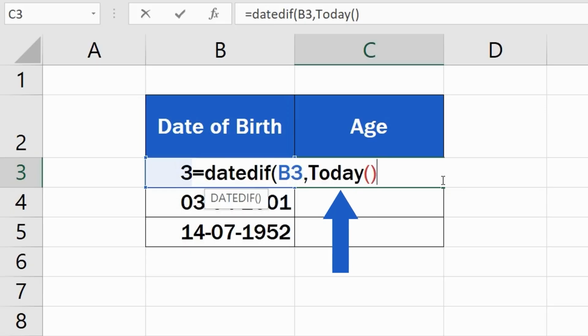This command will ensure that Excel will always use the current date for its calculations, making the result always up to date. If you need to use any other date than the current one, you can use a separate cell to store this information and refer to this cell in the formula, just like we did with date of birth. Since we want to use the current date, we'll leave the function TODAY in the formula and move on to